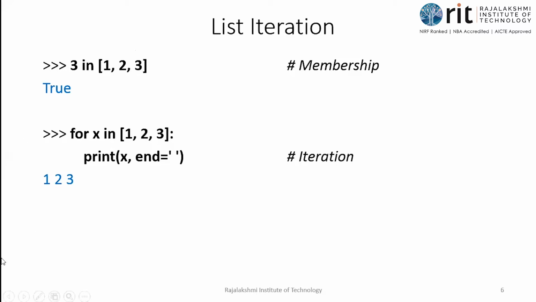Then iteration. How do you print the values that are there? Many people were asking me about this, how to print the values on the same line. I was telling you that you can go with the end or the tab space. So see, I've used that here. For x in [1, 2, 3]. You all know the syntax, for item in sequence. So what is that item? Item is the iteration variable, isn't it? It is used to define. Here I'm using x as a variable name. For x in [1, 2, 3]. What is [1, 2, 3]? It is a list. List values are kept directly there. I did not use a variable name there.